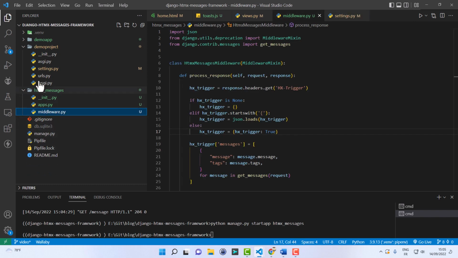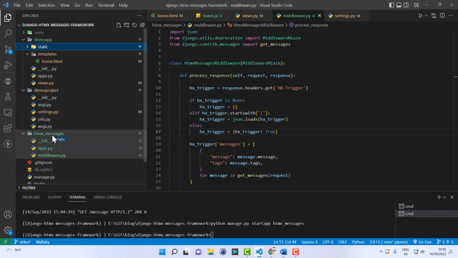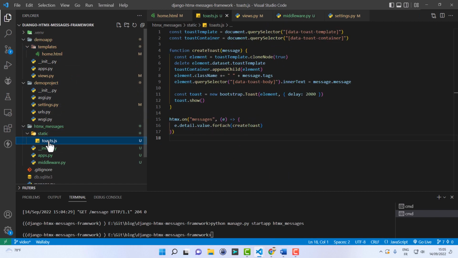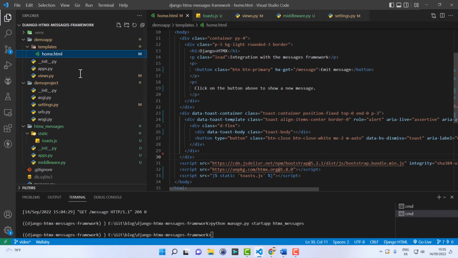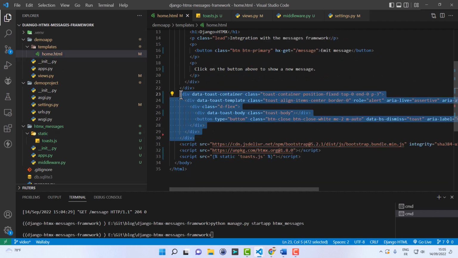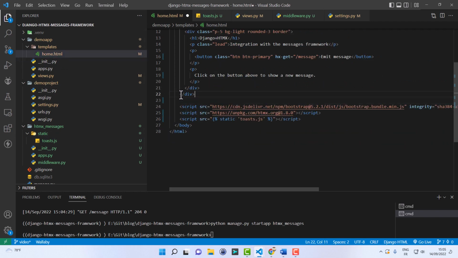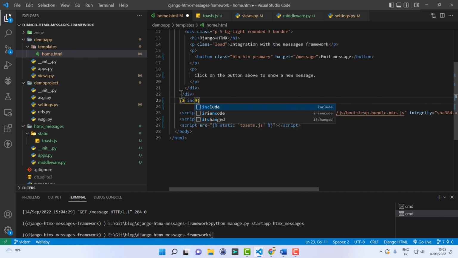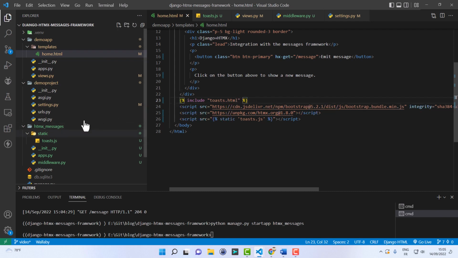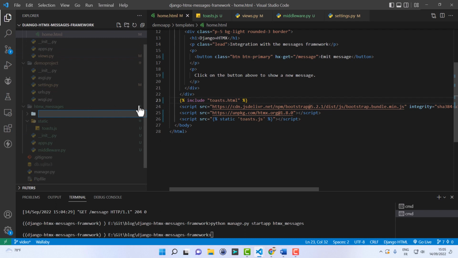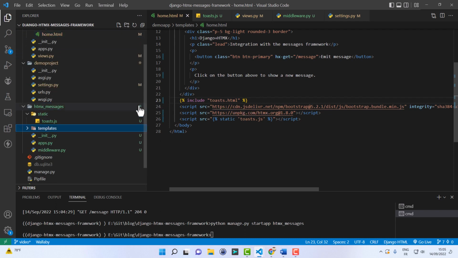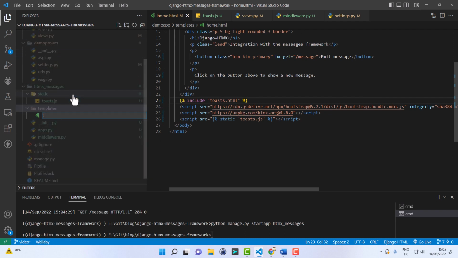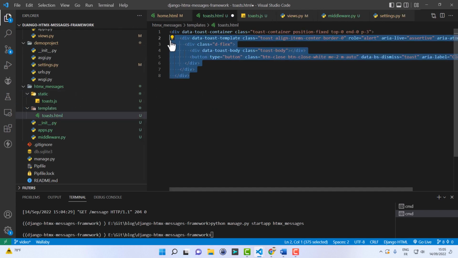Only gonna use the middleware. Let's also bring the static folder with this toast file, and maybe also the template here. We can extract this template here and just do an include toasts.html like this, and that would be a new template, toast.html, that will just contain this.